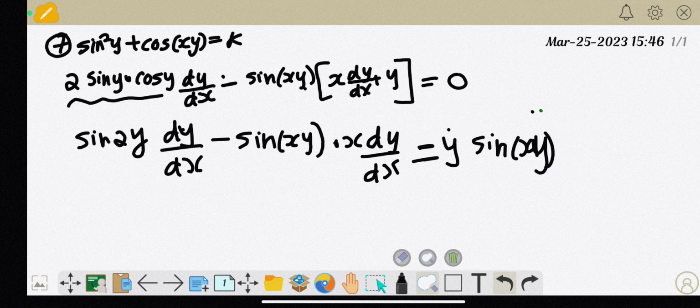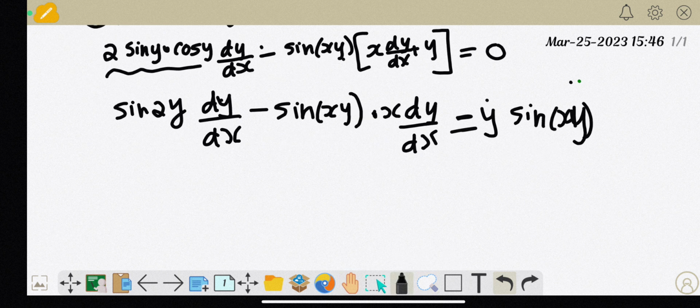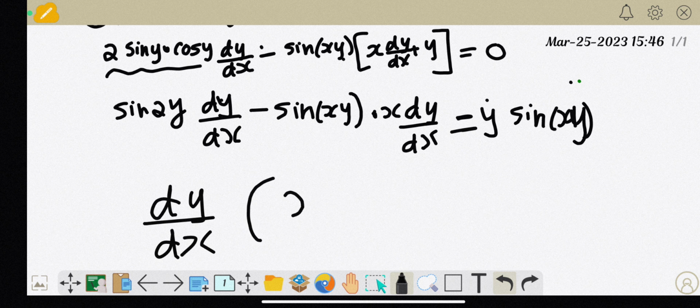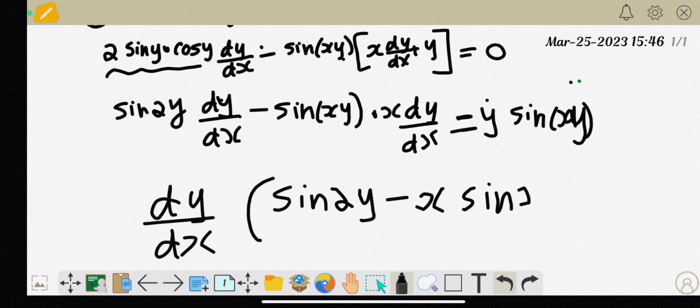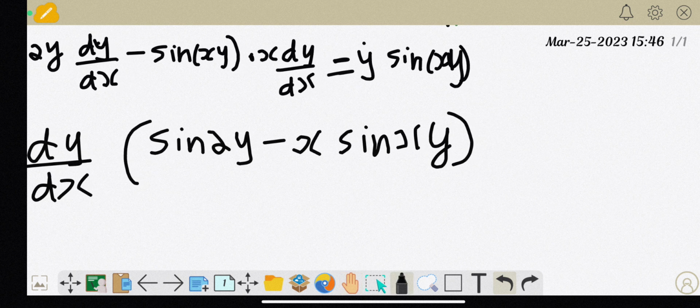After that, take dy by dx common outside, which is equal to y sine